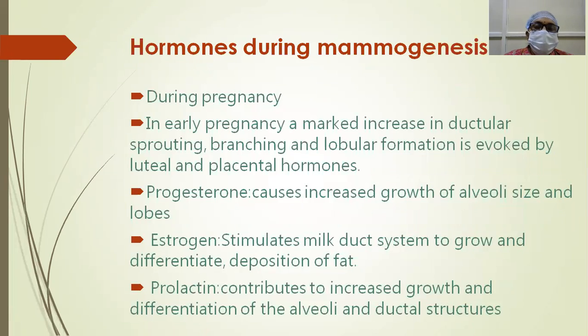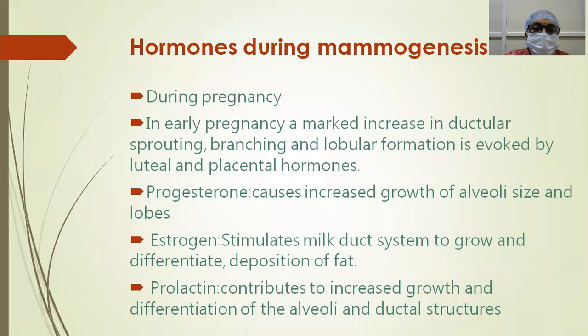So, hormones that play a role during mammogenesis. In early pregnancy, you can observe a marked increase in ductular sprouting, branching, and lobular formation, evoked by luteal and placental hormones. So mammogenesis starts during pregnancy itself, in early pregnancy. What is the role of progesterone? It causes increased growth of the alveoli size and the lobes. Estrogen stimulates the milk duct system to grow